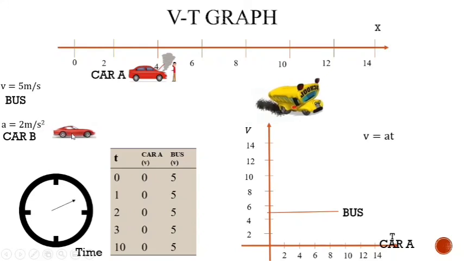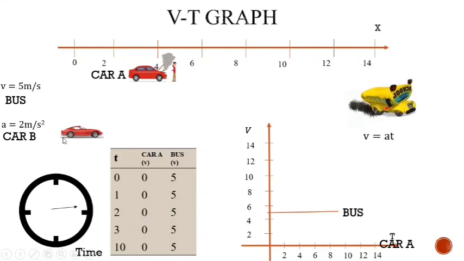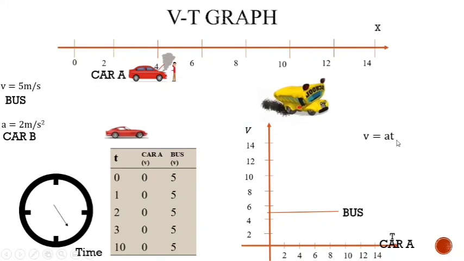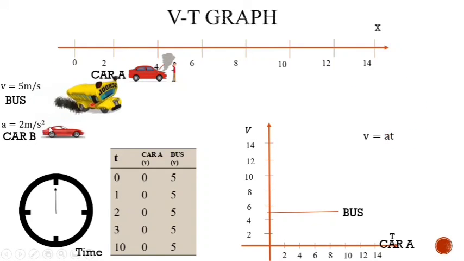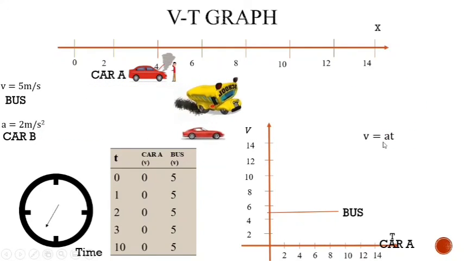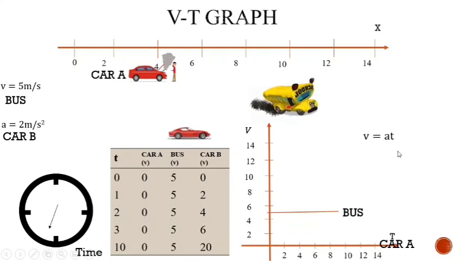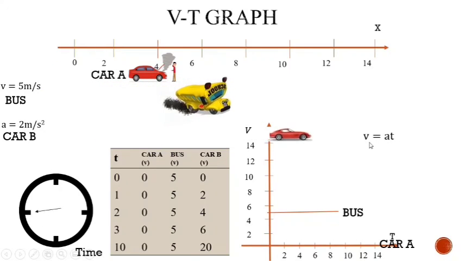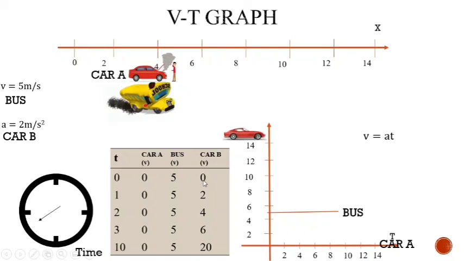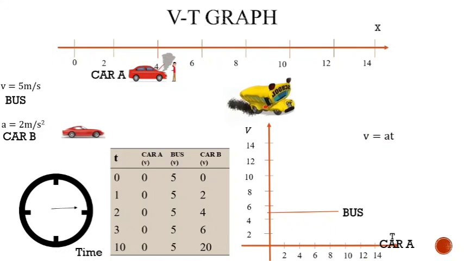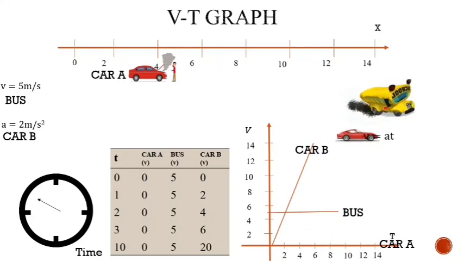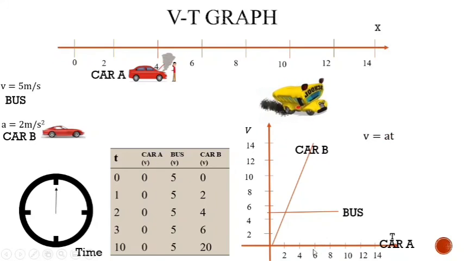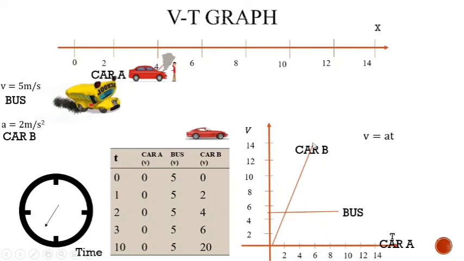Here you can observe that the velocity is increasing. At 0 time the velocity is 0. When time becomes 1 second, if you put the value 1 in this formula, and 2 meters per second square is the acceleration, so velocity becomes 2 meters per second. If you put the value of time equal to 10 seconds, 10 multiplied by 2 will be equal to 20. So velocity becomes 20 meters per second when the time is 10. If you plot the velocity graph for this phenomenon, again you will get a straight line, but it will be an inclined straight line. Here you can observe that at around 7 seconds, the velocity must be 14 meters per second.